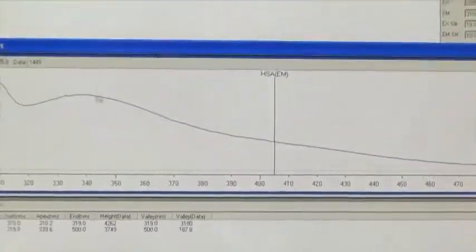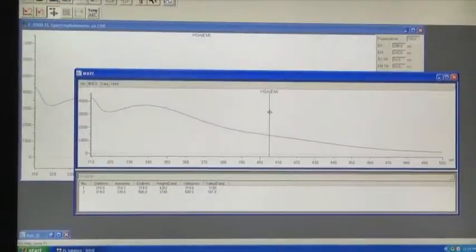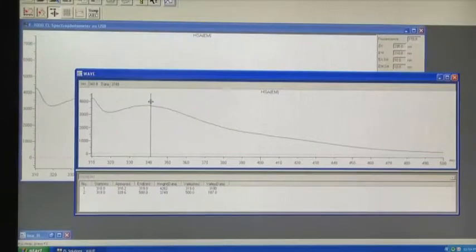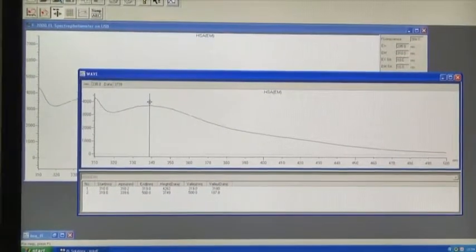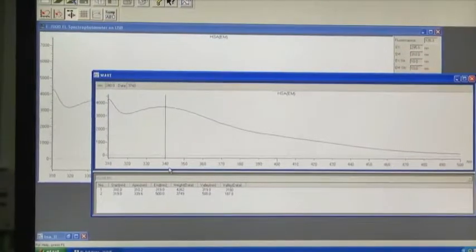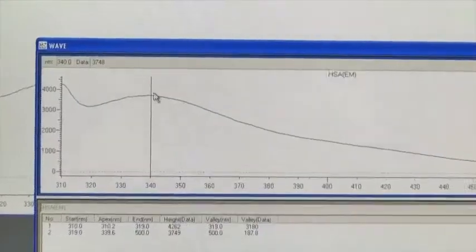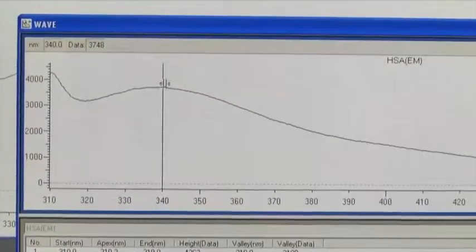Out here we can see this emission spectra of tryptophan. Now, from this part we can actually measure the emission intensity, from here, the emission intensity corresponding to a particular wavelength.